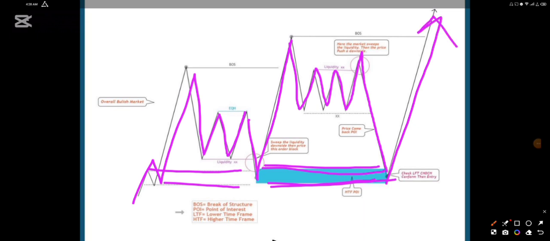You understand? The market will always head for a point of interest. So that is just simply how it works. So order blocks, fair value gap, demand or supply area, those are the most important points of interest when you're trading trend. Whenever you're trading the trend and you see that yes, this point of interest hasn't been tapped,